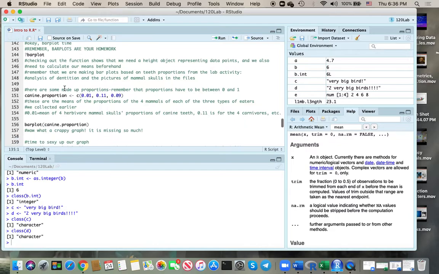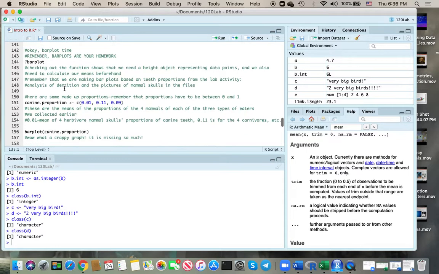Now it's time for bar plots, which is kind of the main thing that you're doing this for, because you have homework, right? And this is why you're watching this video, to learn how to do your homework, so you don't have to listen to me anymore. So,